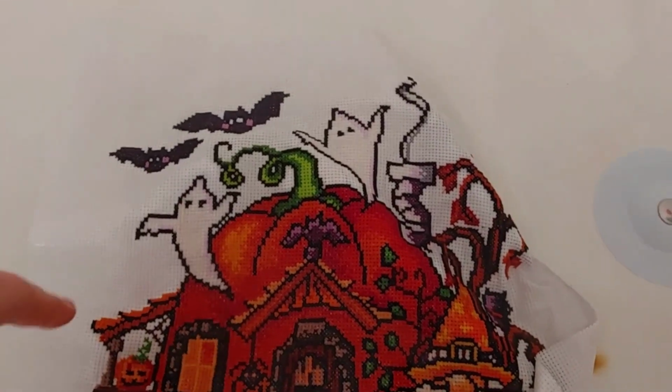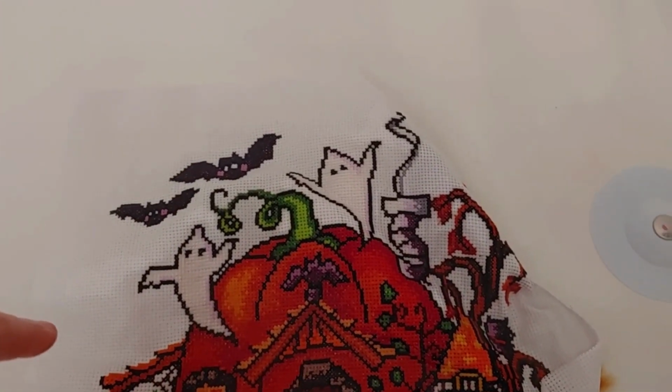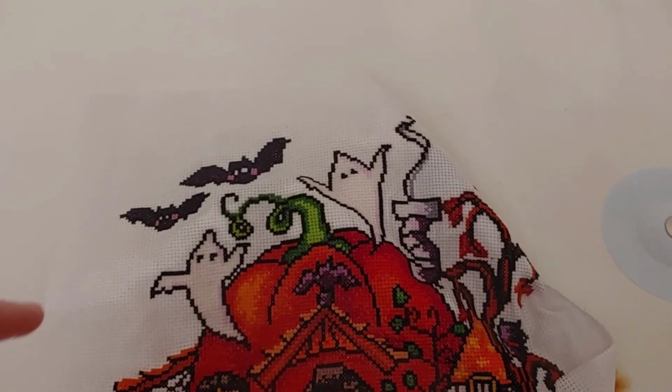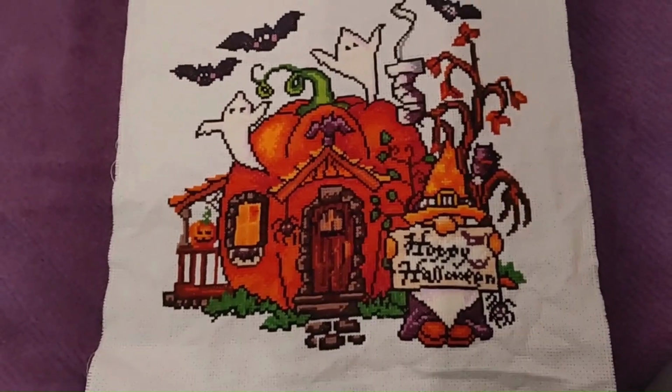So I am just going to wash this around a little bit. I'm going to run it under the faucet to rinse it out, and then I'll show you guys how I dry it. Okay, so I rinsed that out, and now I have it on a towel,